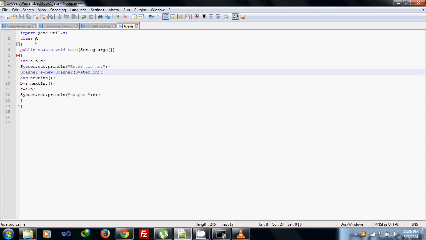For using this Scanner class, as in a simple program, it actually imports some files, like we import java.lang, but Scanner is something different from the lang package.